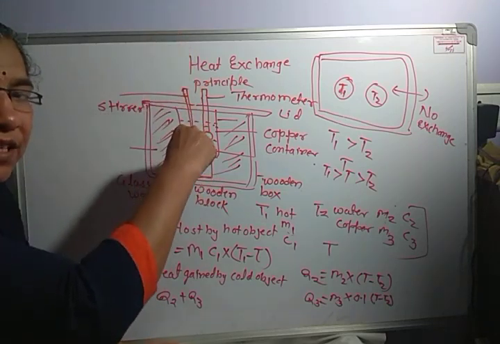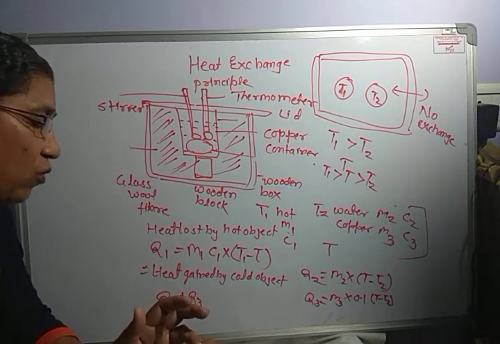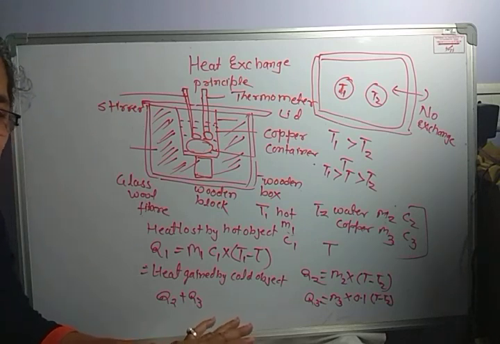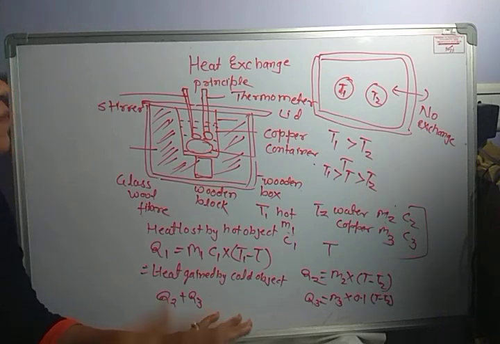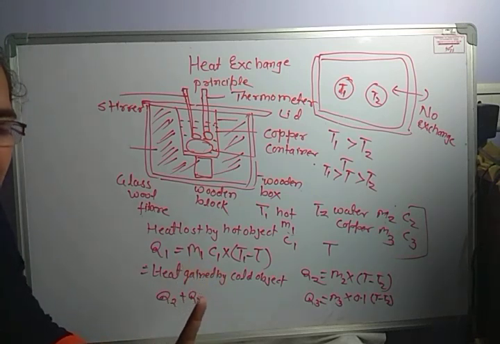Now hot water is added. What happens whenever you add hot water to cool water? After some time, all the water comes to the same level. Have you observed this? Okay, so we will measure the final temperature. Now, the specific heat capacity of water is 1 calorie per gram per degree Celsius.